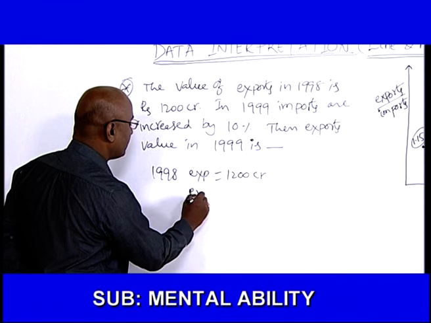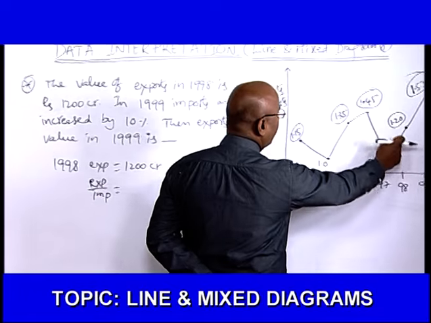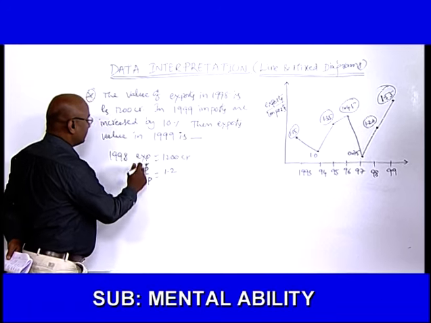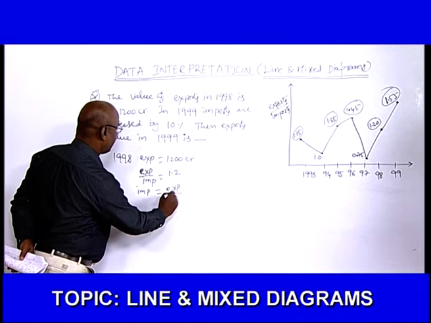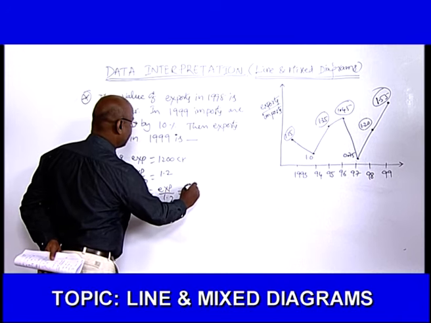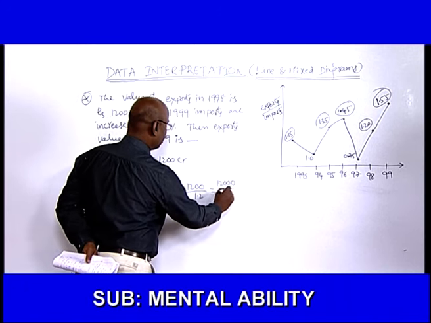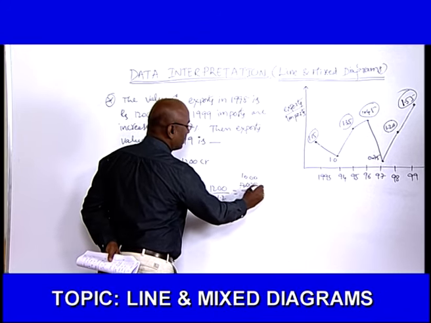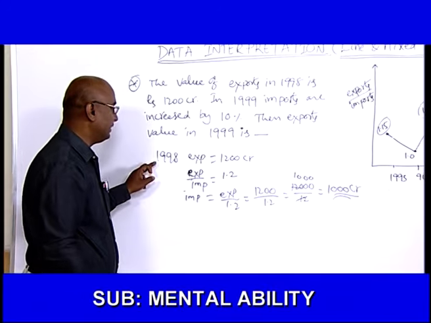సో ఎక్స్పోర్ట్స్ బై ఇంపోర్ట్ ఈజ్ ఈక్వల్ టు the ratio in the year 1998, it is 1.20. Now imports is equal to exports by 1.2, that is equal to 1200 by 1.2, that is equal to 12,000 by 12. పైన కింద 10తో మల్టిప్లై చేసామండి. సో 12 ఒకట్లో 12 పదులు 120 0. సో ఇంపోర్ట్స్ ఈజ్ ఈక్వల్ టు 1000 crores rupees ఇన్ ద ఇయర్ 1998. నౌ